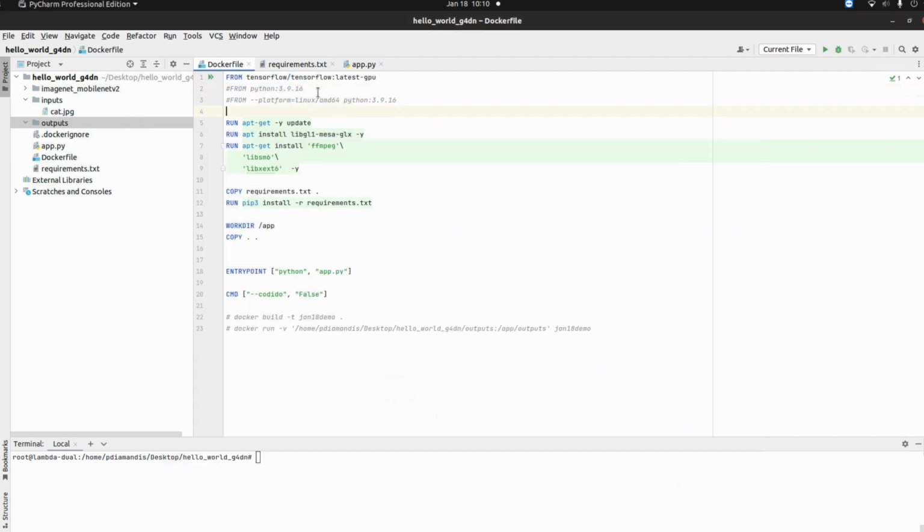So if you type in something like what I have here, just from Python in the version 3.9.16, it'll automatically build for your operating system. And then you can test locally with no issue. And then when you're ready to submit to CODIDO, as we recall, the CODIDO machines use a Linux computer, AMD 64. So if your machine is Windows or something that's not this, then after you finish testing locally,